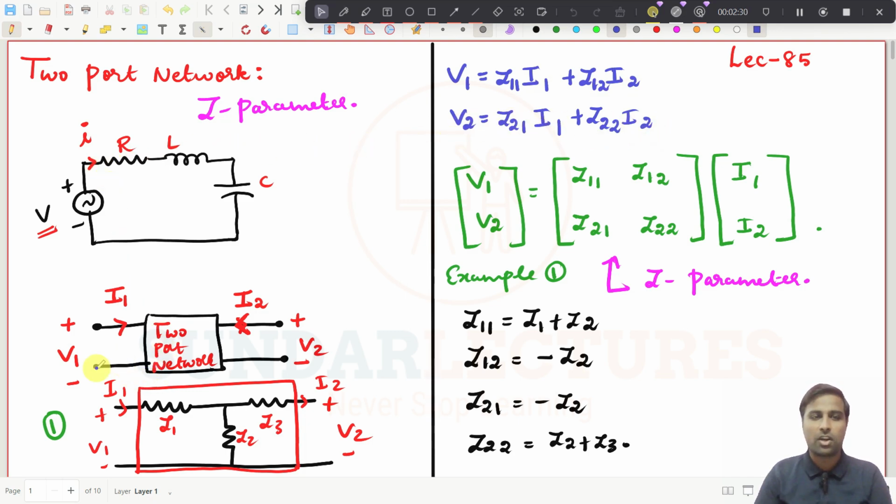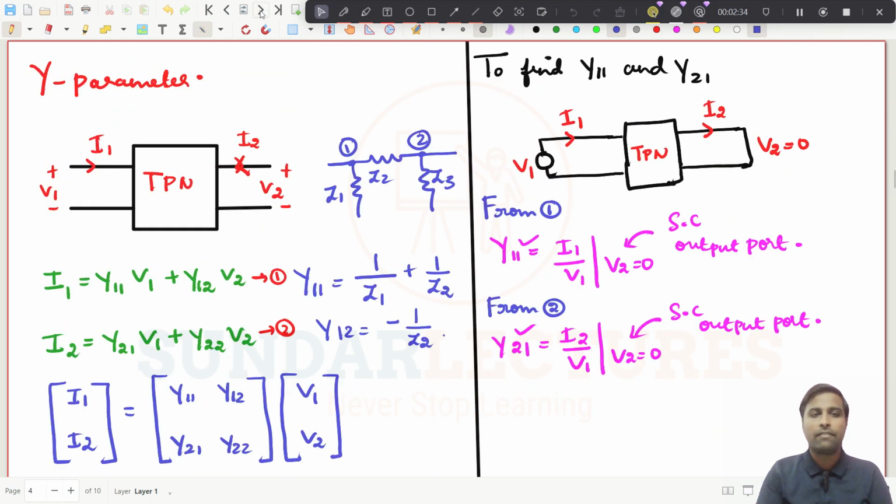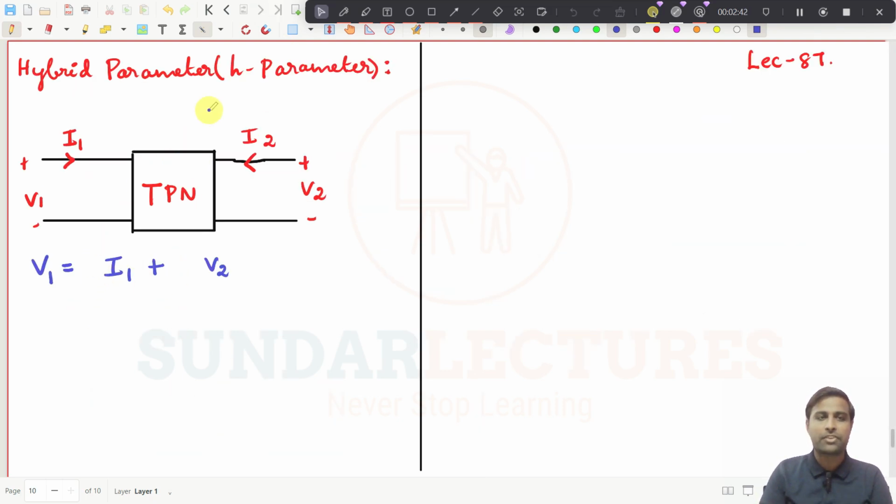And in the Y parameter we went for I1 and I2 in terms of V1 and V2. So try to understand, but here we are going for a combination. That is why we are calling them hybrid parameters. What will be the combination? V1 in terms of I1 and V2, and then the other term, I2 in terms of